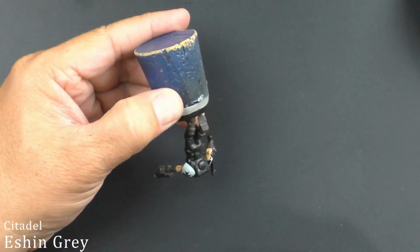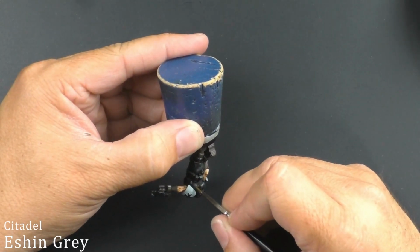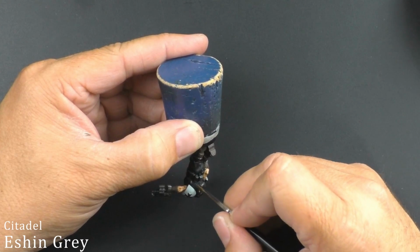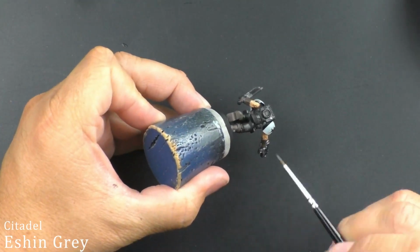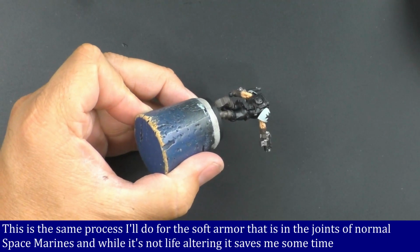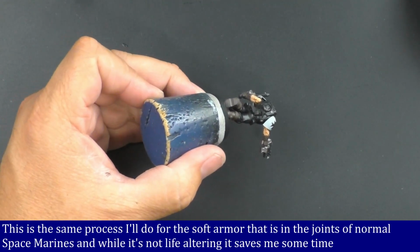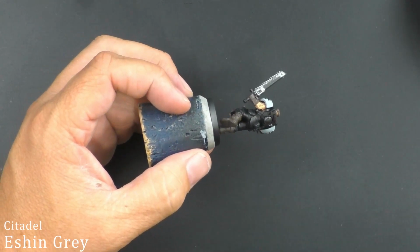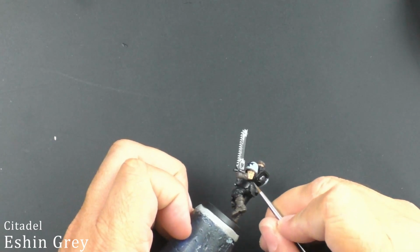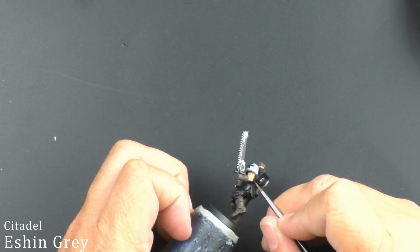Also, oops, there you go. The reason that I'm doing them in Eshin Grey and not just leaving them in Abaddon Black and then highlighting in Eshin Grey is because I'm lazy. After I do this base coat of Eshin Grey and then put a little bit of Nuln Oil on it, the Nuln Oil just rests in there and leaves the, you'll see. It basically means I don't have to come back for it, and since it's just a detail that you may not end up noticing in general,